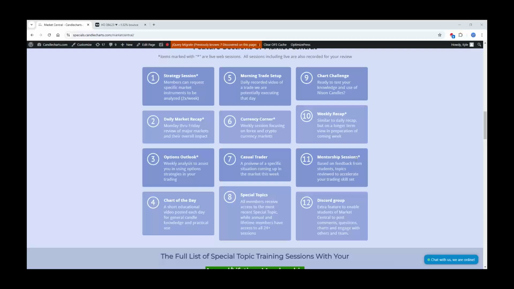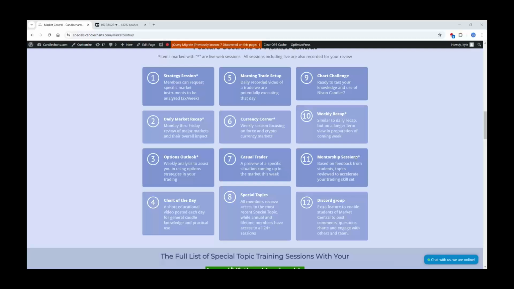I don't know about you, but when I first started trading, I had zero confidence in my own ability to look at a chart and know if it's going to go up or down. Now that I've been trading for a longer time and I have candle knowledge and I watch Steve and our team analyze charts and do different things to manipulate charts, different time frames, different indicators, my confidence is through the roof as far as being able to look at any chart, any time frame, and take advantage.